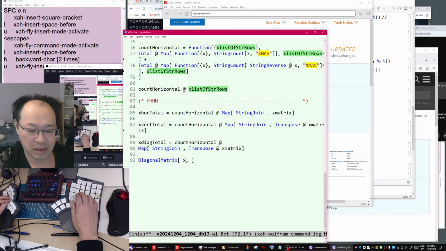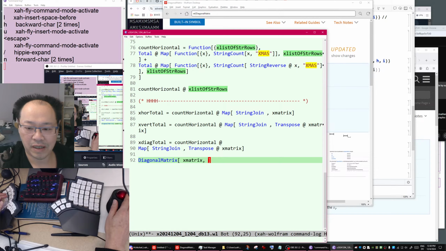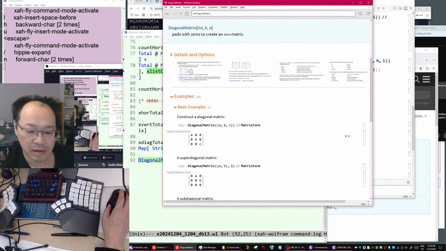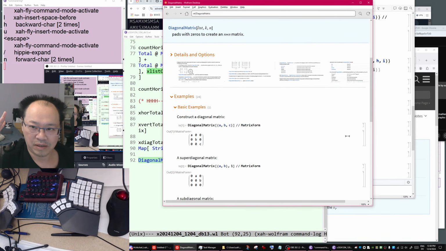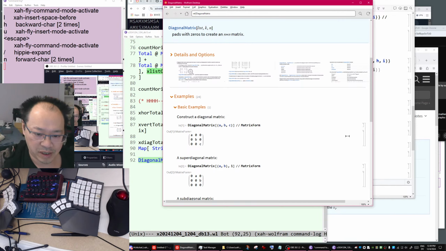The first one is a matrix. Then you need to get all the diagonals. First of all, you need to know the size of the matrix, the dimensions, which is the row count, then the column count.